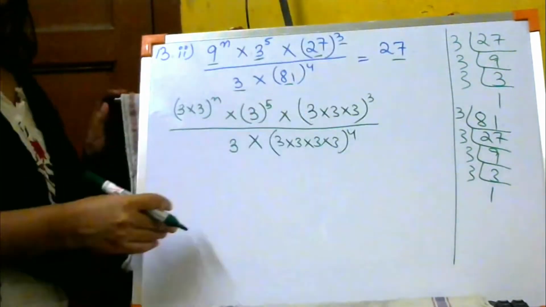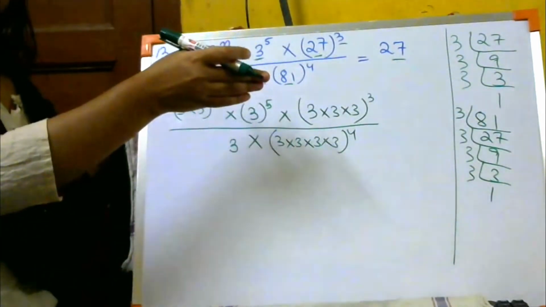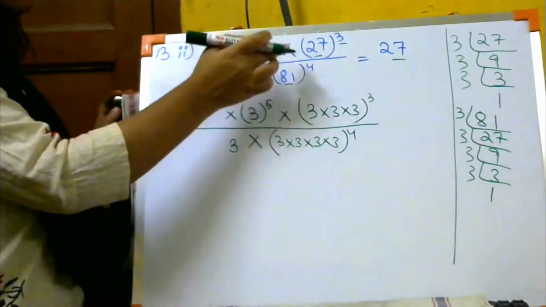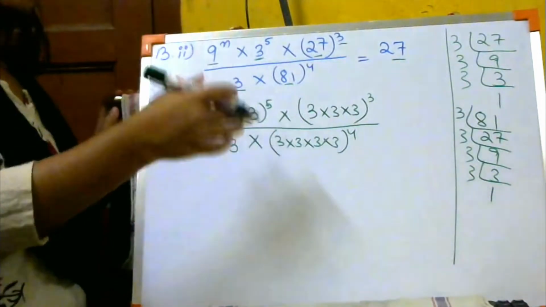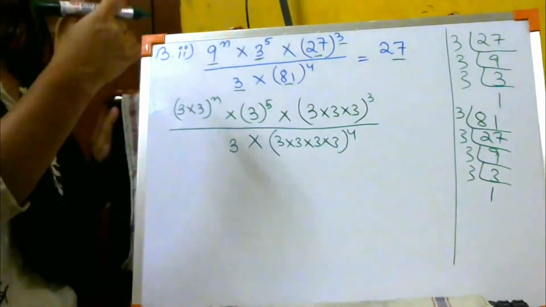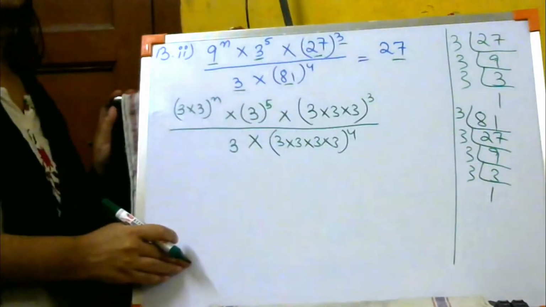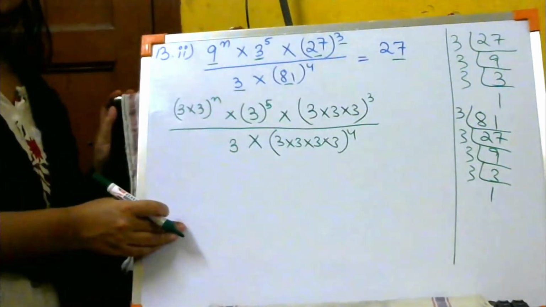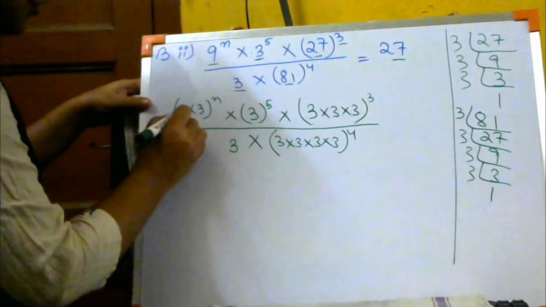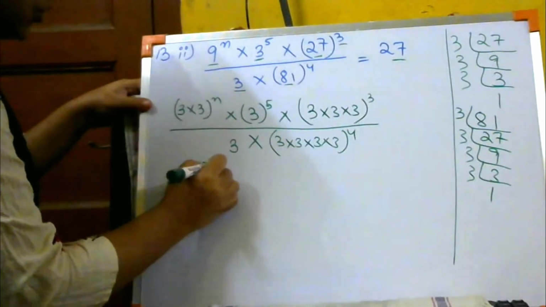This is the best way to find it out, isn't it? It's an easier way. कि कितने बार 3 को लिखना है कि ताकि वो 27 आए. 3 को कितना बार लिखना है कि ताकि वो 9 आए. 3 को कितना बार लिखना है ताकि वो 81 आए. So you can find it out in prime factorization method. That is easier for you. Clear? So now 3 into 3 means 3 to the power 2.